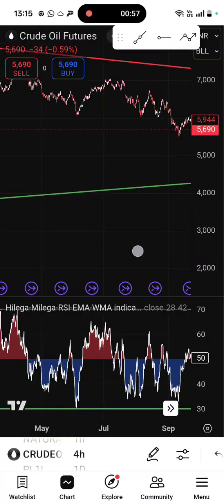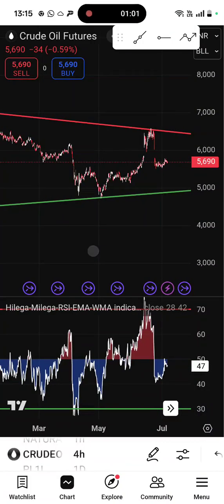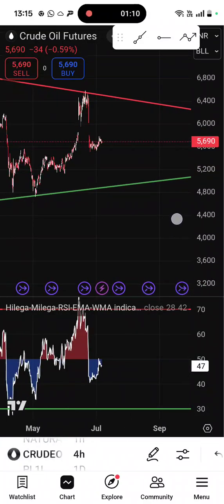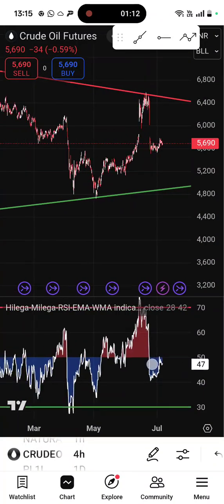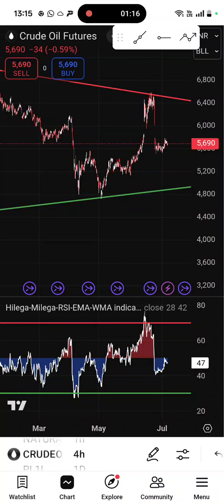After that, how to take a bullish trade and how to take a bearish trade. So we have the bigger trend lines of the monthly chart time frame and we adjust them over the weekly time frame. And after that, we need to look at the RSI or the RSI divergence at the 4 hour time frame for the trade to be taken.